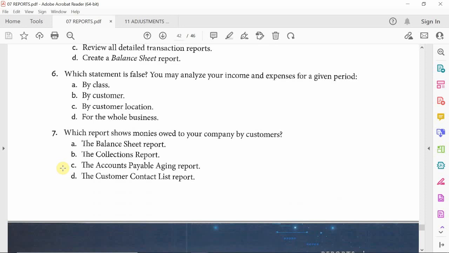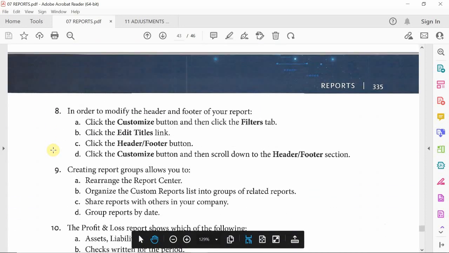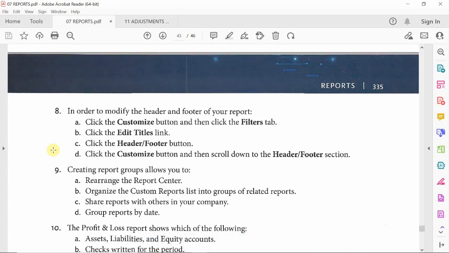The balance sheet, it's obviously not going to tell you what customers owe you. The accounts payable aging report, accounts payable is what you owe to other vendors. And here, the customer's contact list only tells you the information based on the customers, not what they owe you. So in this case, if you did process of elimination, your correct answer would be B. Okay. Number 8, in order to modify the header and footer of your report,